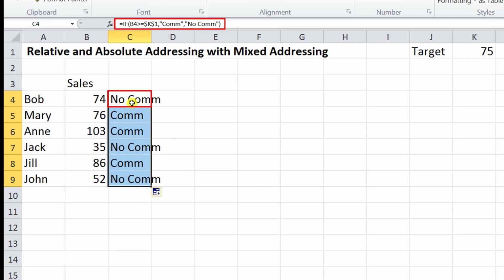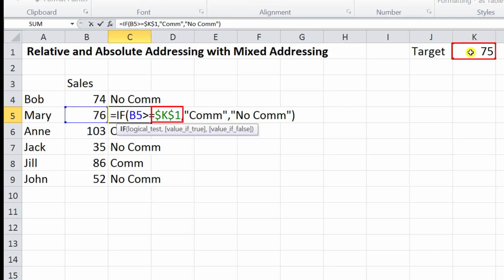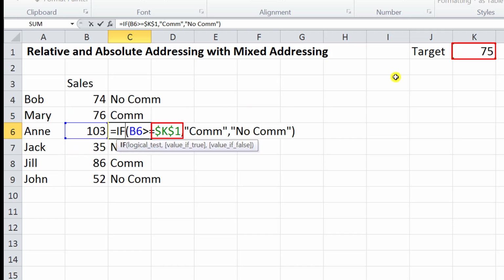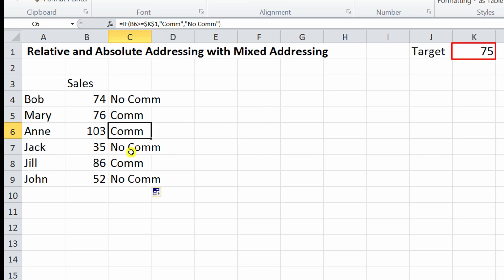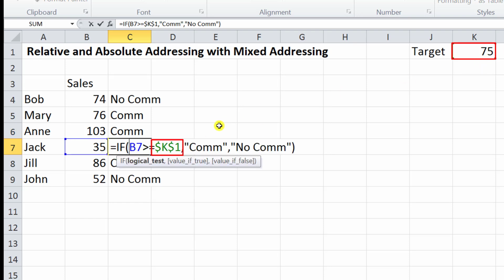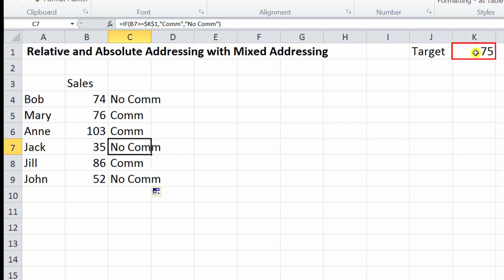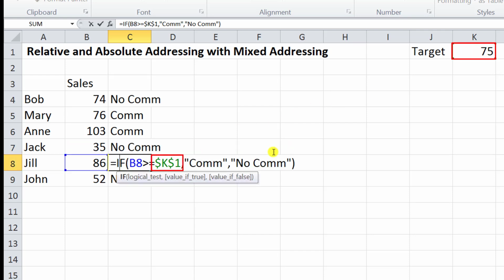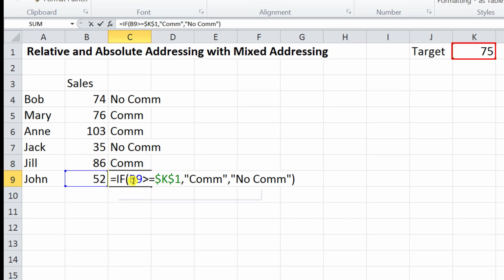Because when you look at this now, can you see that working? This one is looking at K1, which is this cell here. This one is also looking at K1. This one is also looking at K1. Can you see it? And that's how it works. So these dollars lock onto one certain cell, so it can't change, because that target will be there all the time. That target cell won't change, and we don't want it to change,